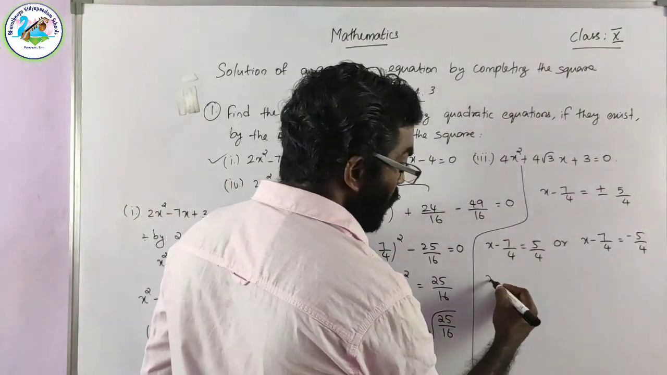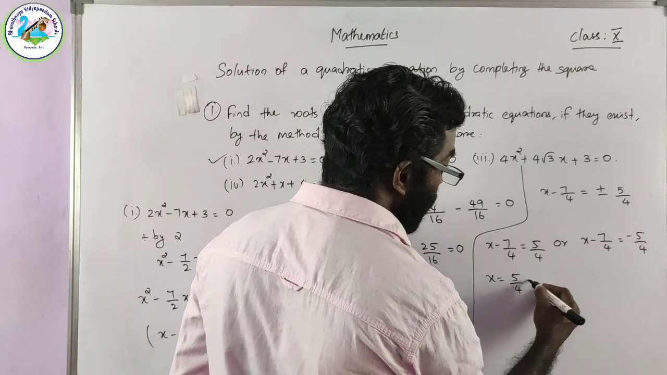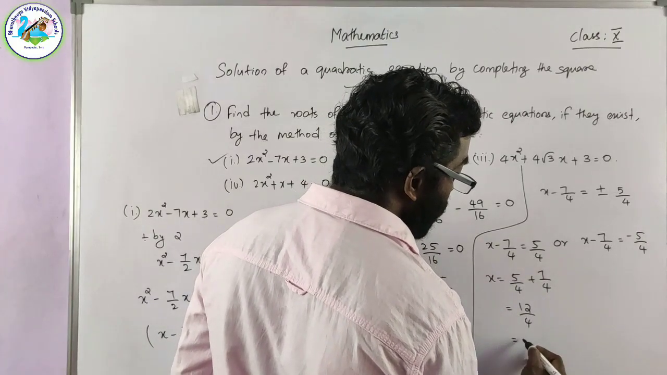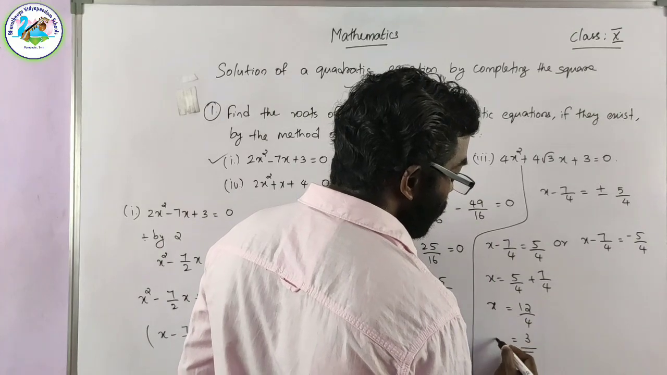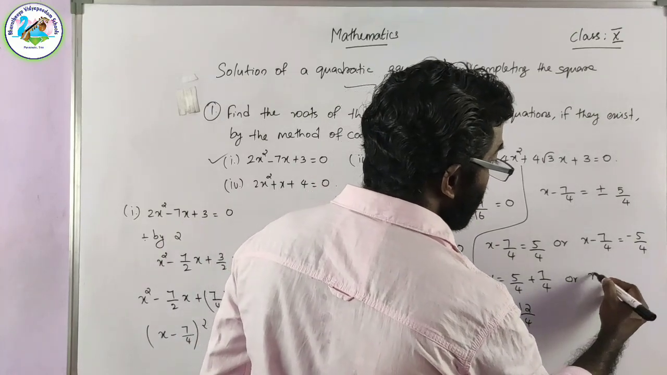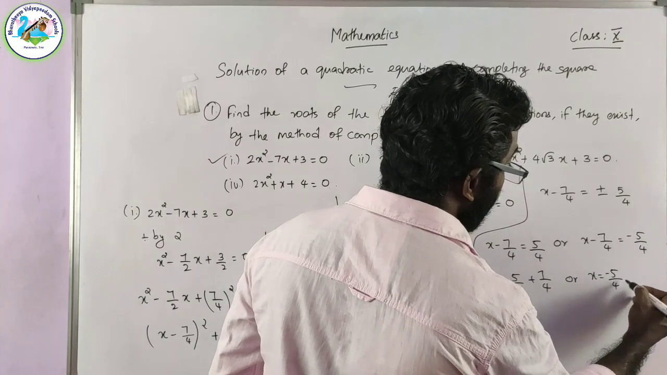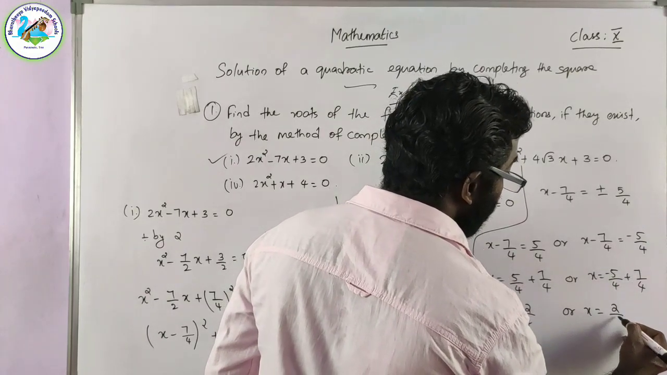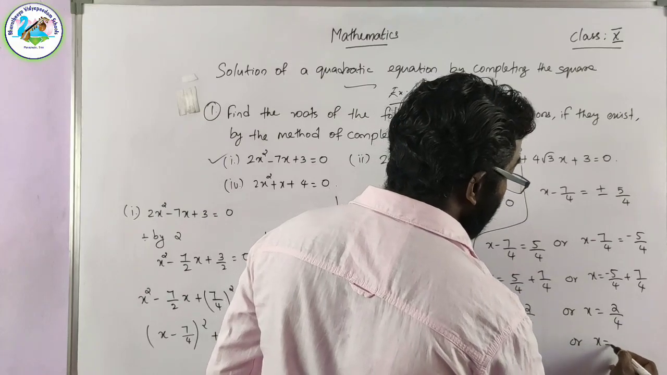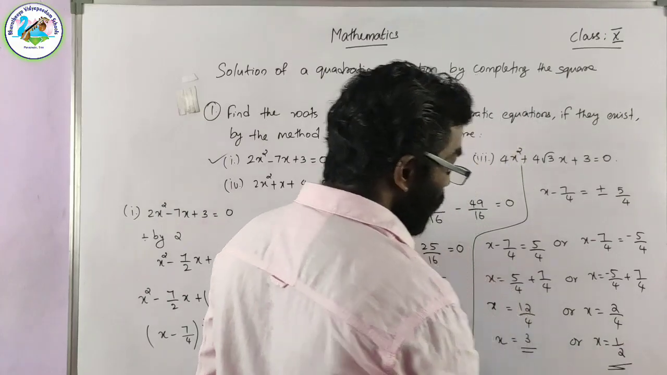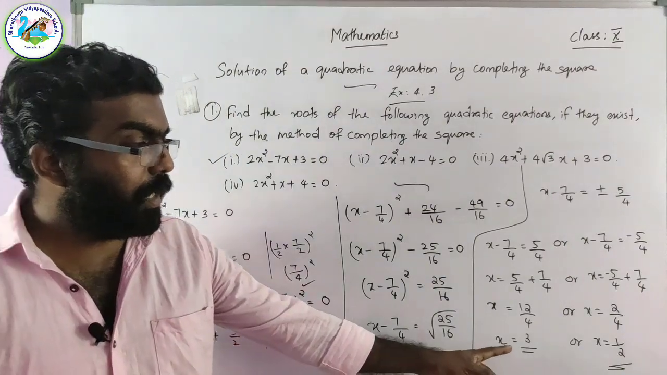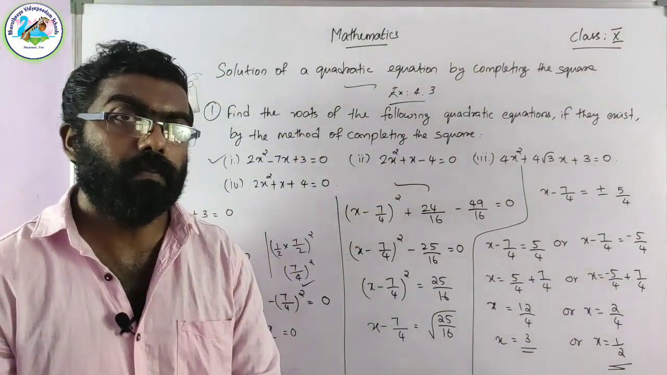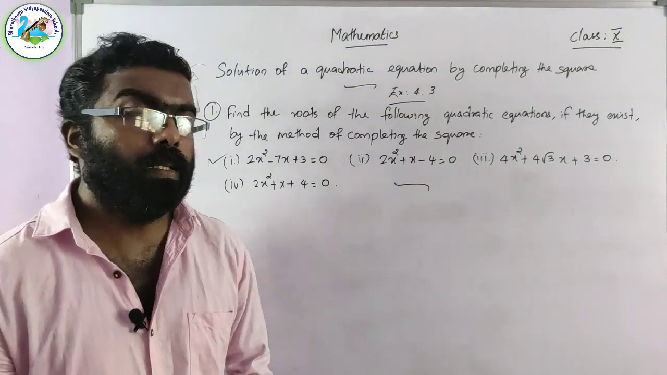Now we can write x is equal to 5 by 4 plus 7 by 4, and it is 12 by 4, which is equal to 3. And here x is equal to minus 5 by 4 plus 7 by 4, that is x is equal to 2 by 4, that is x equal to 1 by 2. Therefore the roots are x equal to 3 and x equal to 1 by 2. Now consider the second one,